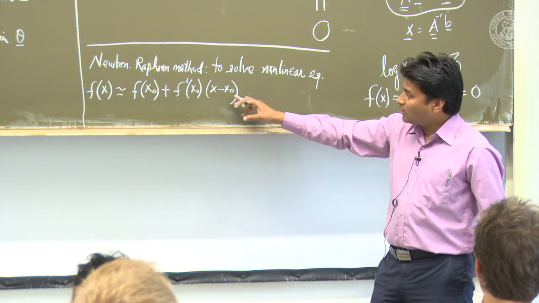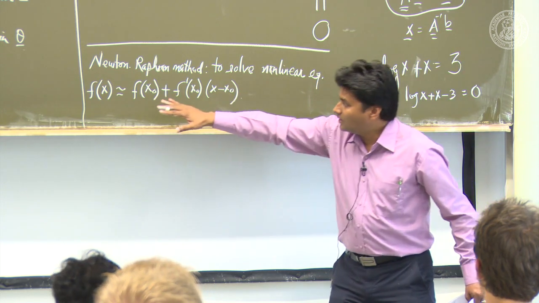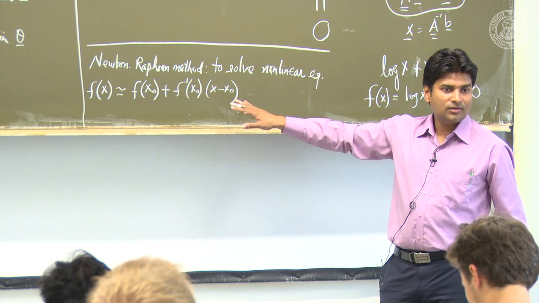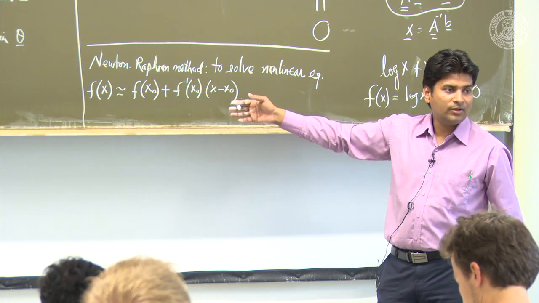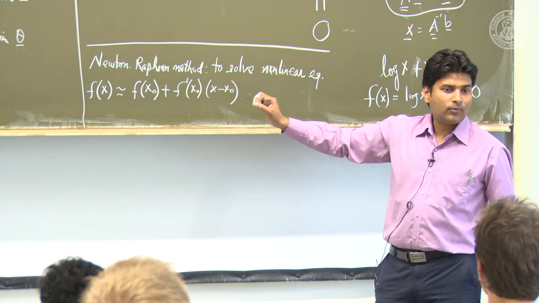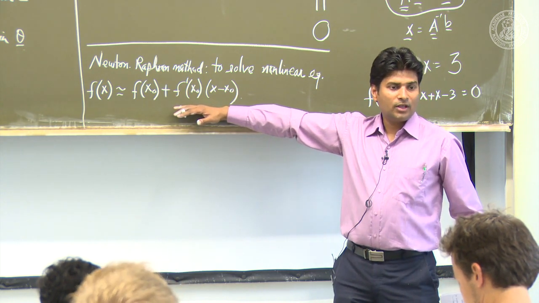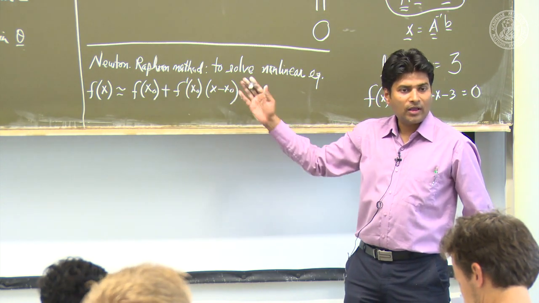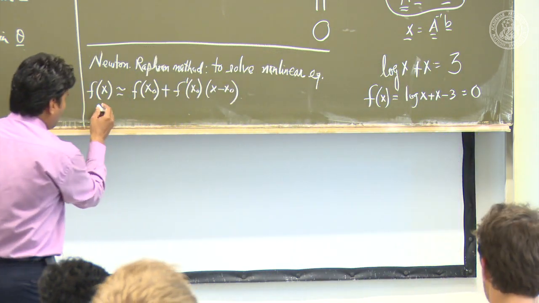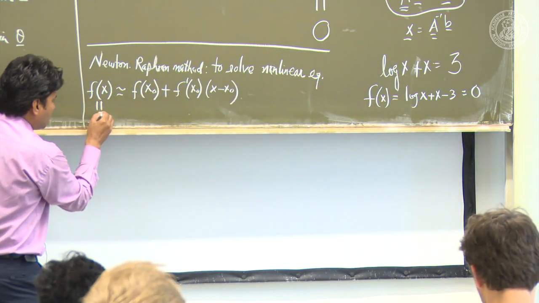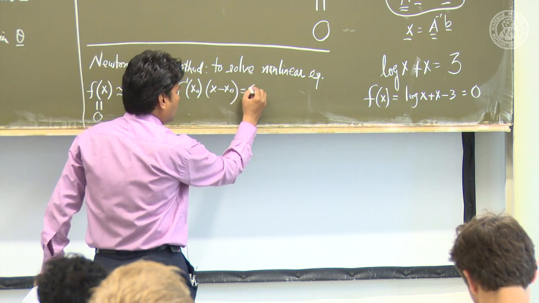So if x naught is very close to your solution, then this is really nice. So the nonlinear expression can be very accurately approximated with a linear form if x is very close to x naught. And you see, although we don't know how to solve this equal to 0, the linearized equation we know how to solve it,